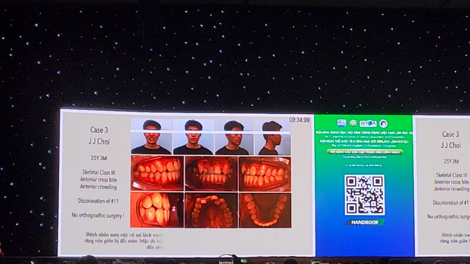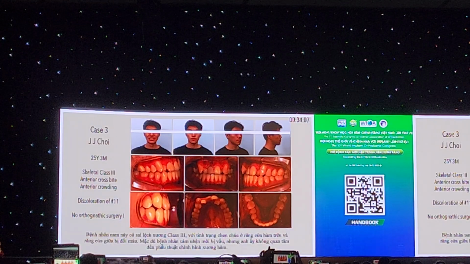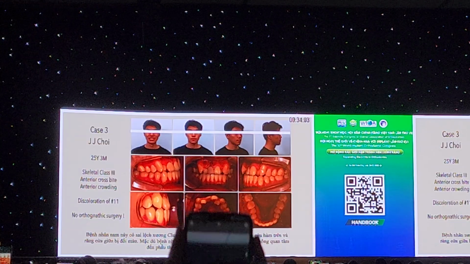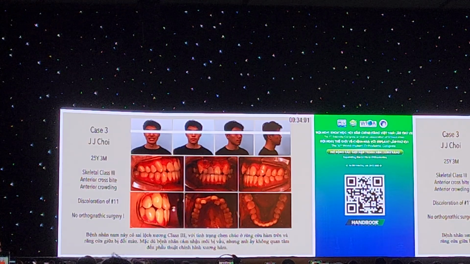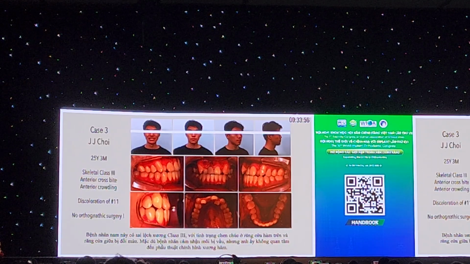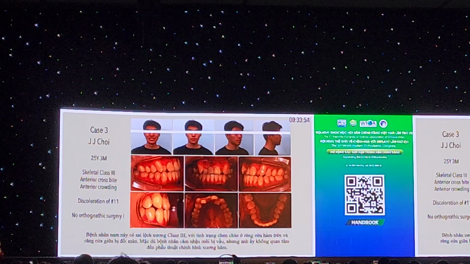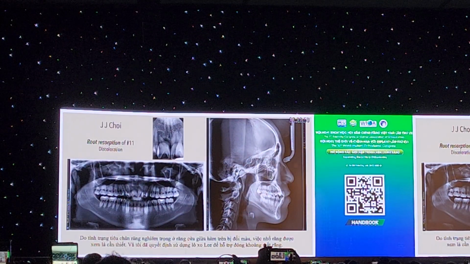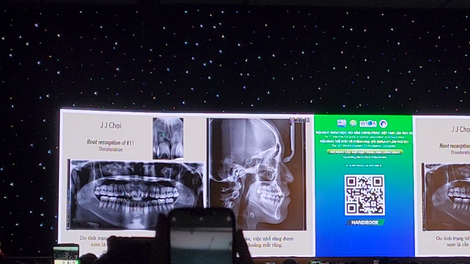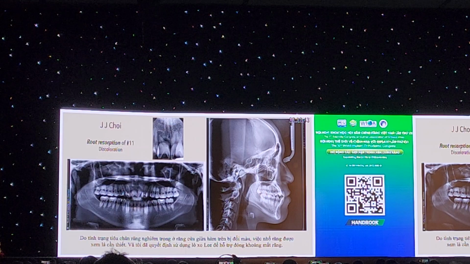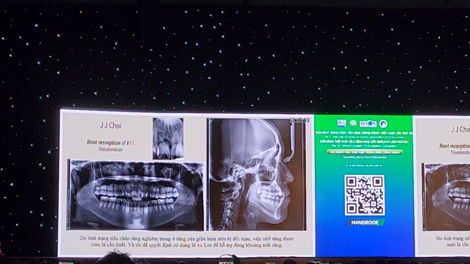This patient exhibits class 3 with crowding in the maxillary incisors and discoloration in the central incisor. Although the patient perceives lip protrusion, he is not interested in orthognathic surgery. Due to severe root resorption in the discolored maxillary central incisor, extraction was deemed necessary, and I decided to utilize the leaf spring to